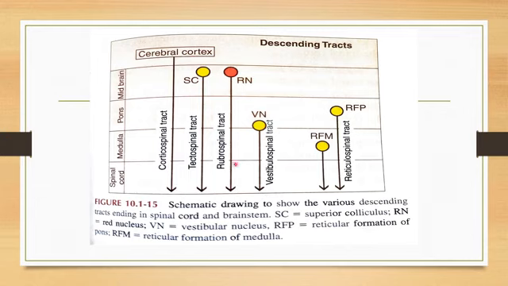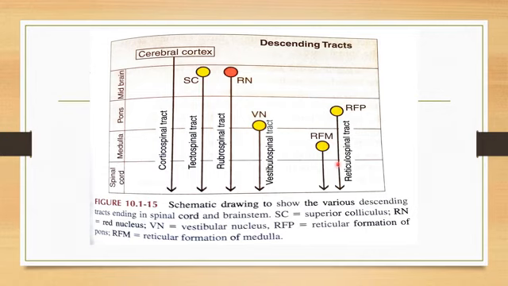And these are the various tracts which descend from the cortex and midbrain structures. So the first one is the corticospinal, and this is tectospinal. In the midbrain there is superior colliculus. SC is superior colliculus, the tectospinal tract, and RN is a red nucleus, and this is also in midbrain. This is the rubrospinal tract, and in the pons there is vestibular nucleus. This is vestibulospinal tract,